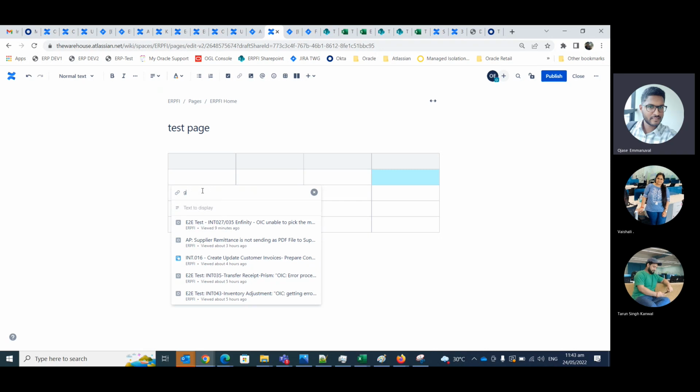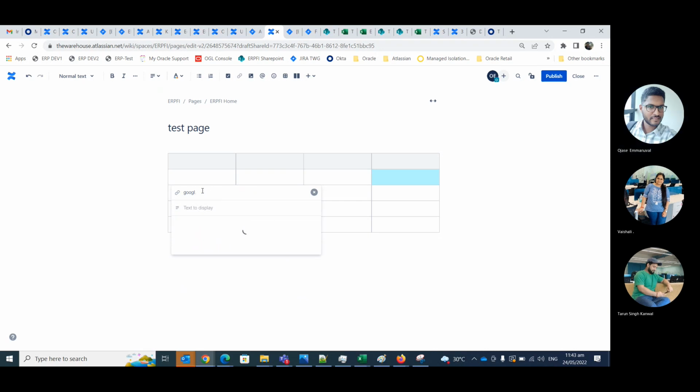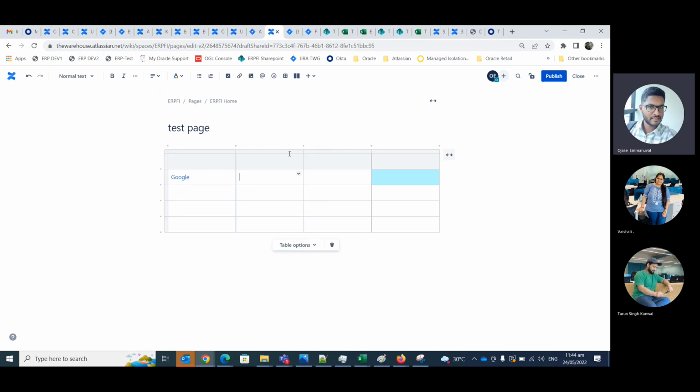Instead, you can say like google.com. You give it text. What do you want to display there? So when I publish this page, you access this, it takes you to google.com. Similarly, you can point it to anything using this link option. You can include emojis here, and you can also include tasks. The task which you don't want to create under